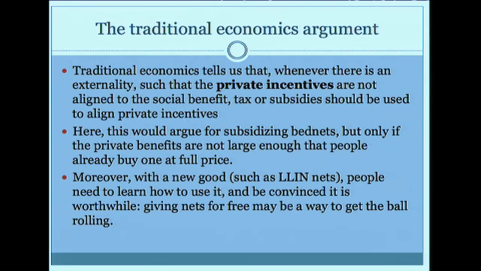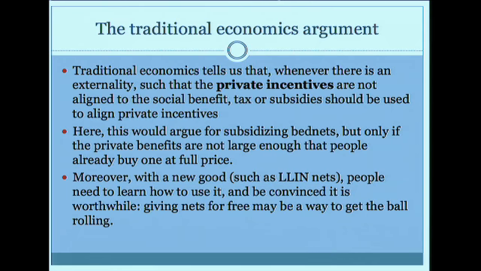So now, if we were traditional economists, we would make the traditional economic argument, which is to say there is an externality. Whenever there is an externality, we want to try to use prices or taxes to align the private incentive with the public incentive. That's why, for example, we have a congestion charge in London, to make it expensive to drive your car in the center of London, because when you drive your car in the center of London, that's a pain for everybody else. That's also why you have,